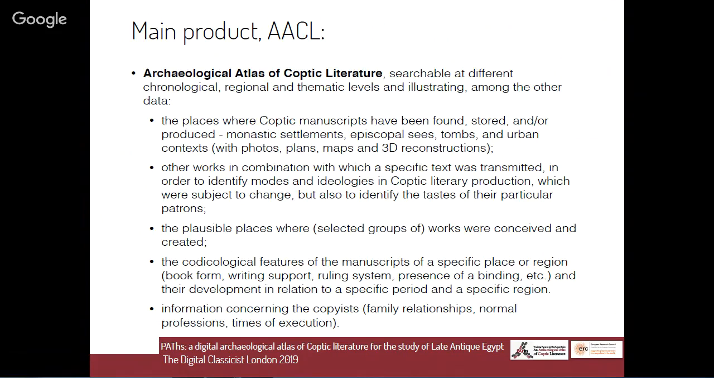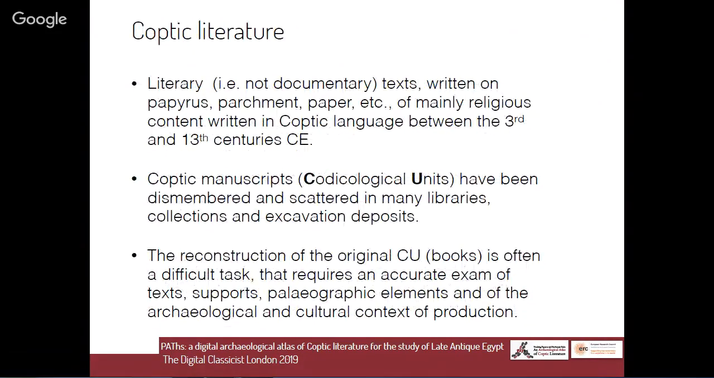So we're trying to trace the material process of the crafting of these special archaeological objects, which are the manuscripts. To outline very briefly the Coptic literature, I'm not an expert on this, of course, just to give some coordinates. What do we mean by Coptic literature? We mean texts written on manuscripts in Coptic language, which are not documentary texts. This is called literary texts. These are mainly of religious content, and the chronology is between the 3rd and the 13th centuries of the Common